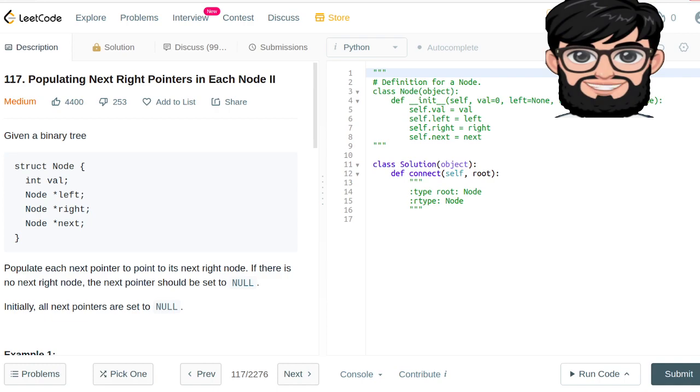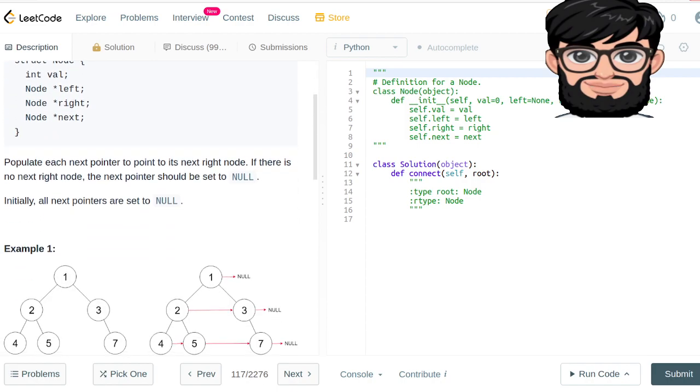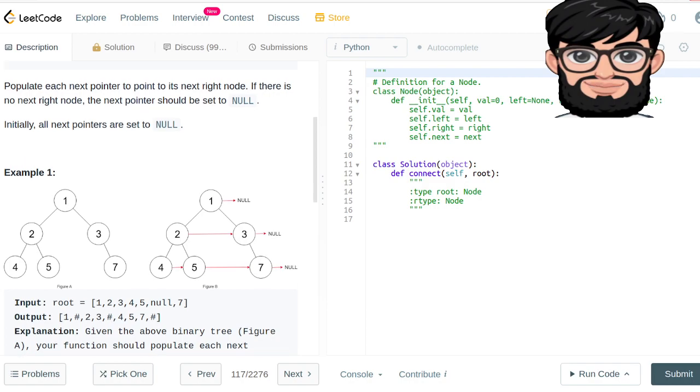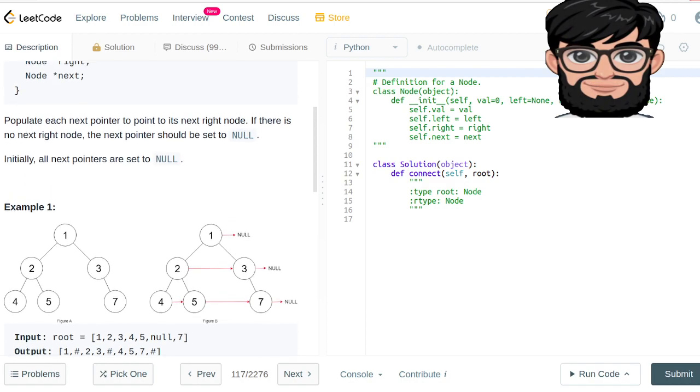Today we're gonna be working on Leetcode question number 117, Populating Next Right Pointers in Each Node, part 2. So it's very similar to the previous question where we had to link the next of every single node